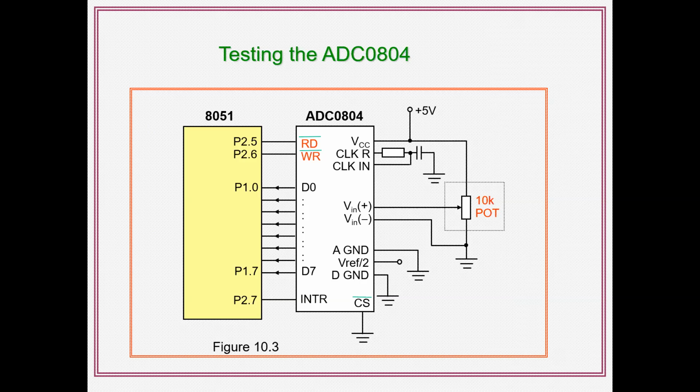That should be minimum 110 microseconds, and V in plus is connected to the potentiometer. Here, to verify this analog input voltage to digital output, that is analog to digital conversion. So in Proteus, we selected one potentiometer. With the help of the potentiometer, you can vary the resistance. So by that, we got the value from 0 to 5 volts.